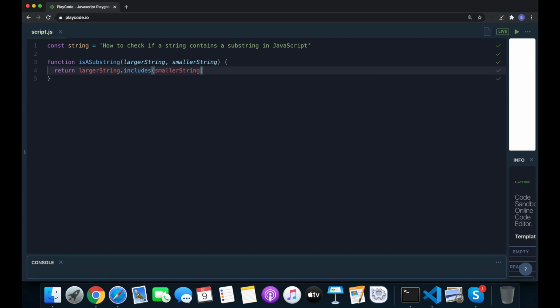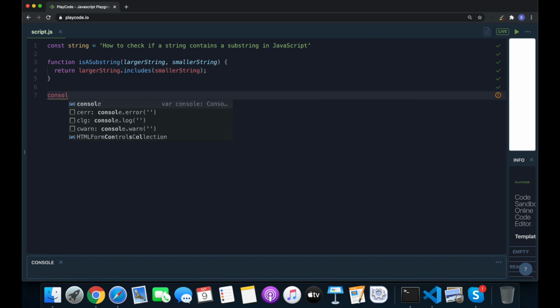The includes method is not supported in Internet Explorer and some other old browsers. So for that you might need the indexOf method. All the modern browsers support includes, so I would recommend using includes because it just returns true or false. The indexOf method returns the first index of the string, so we need an extra comparison to check whether the index is greater than -1. If a substring is not present inside a string, then the indexOf method returns -1.